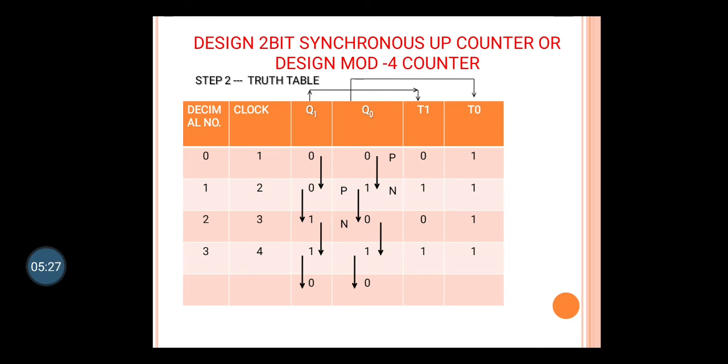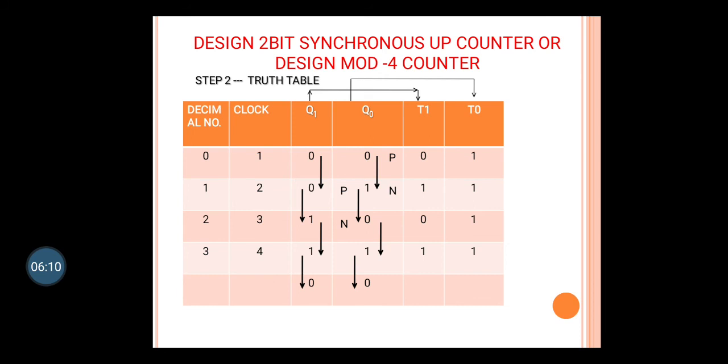So first we will go on for Q0. So T0 column will fill. How to fill? Q0 first is 0 and the next is 1. Check only the Q0 column. So first is 0, then next is 1. So present state is 0 and the next state is 1. So Qn is the present value and then the next value. So 0 is the present value and the next value is 1. So from the excitation table, 0 and 1 you have to check. And for 0 and 1, the output for T is 1. So I'm going to write T0 as 1 in the first row.